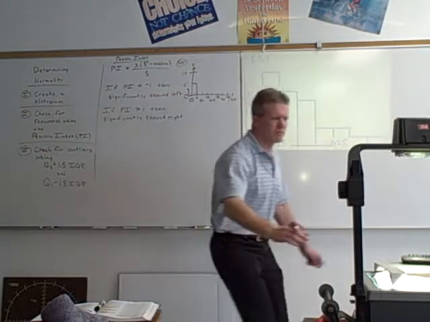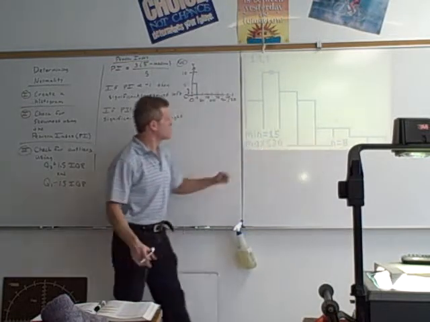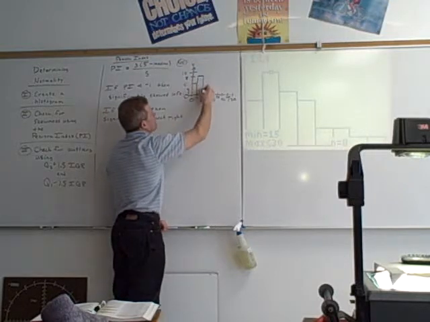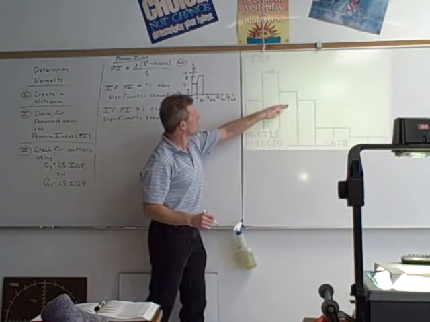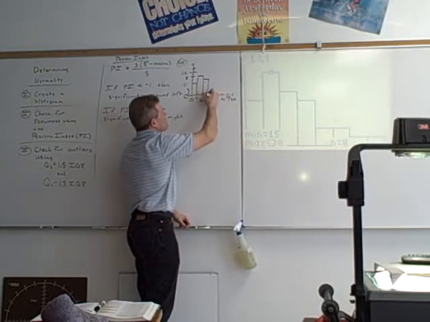I hit my right arrow. My second bar has a frequency of 8 between 15 and 30. So 8's about up in here. Just get it close. My next one is a little bit lower. I'm just going to get it close. Because we're not so concerned about the exact